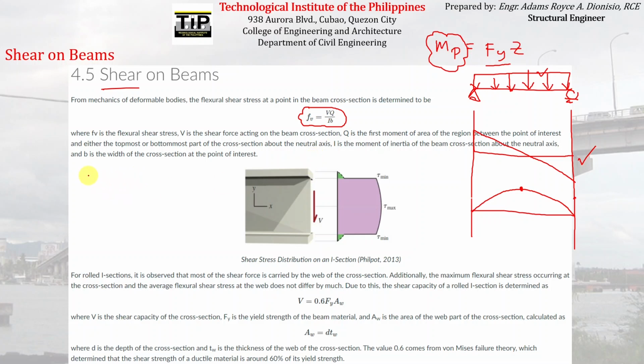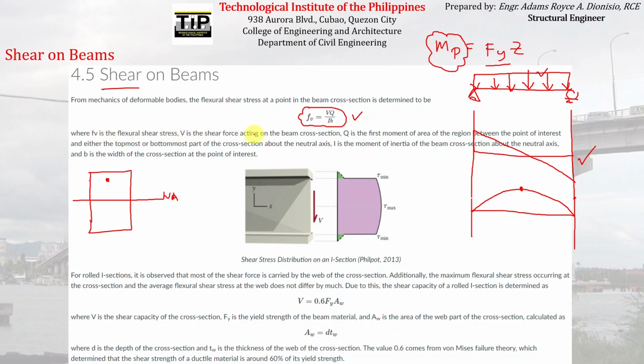Say for example, if you have a rectangular beam with a neutral axis located here and we want to find the shear stress on any point here, say for example, the shear stress on this particular point, all we need to do is use this formula. So what is the formula all about? The formula is just equal to VQ over IB. The shear stress is just equal to VQ over IB, wherein fv is the flexural shear stress,